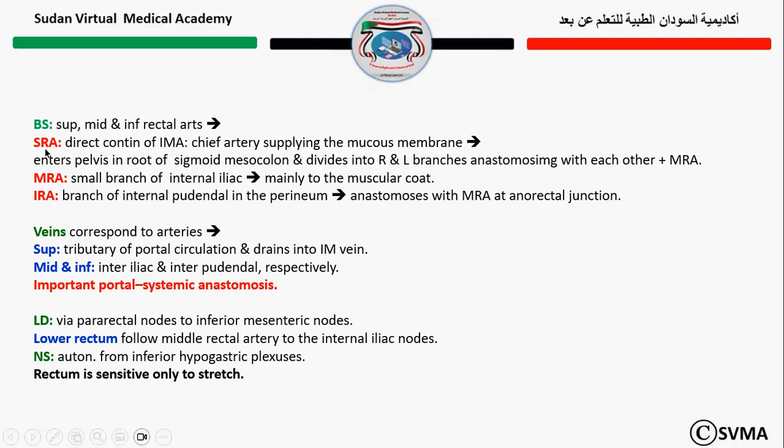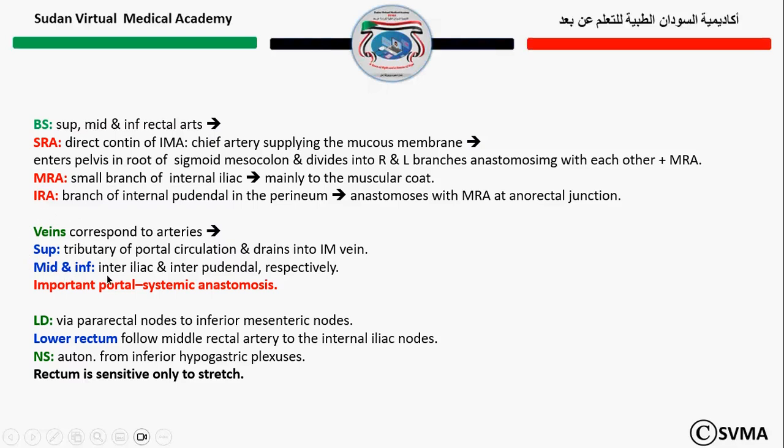So the superior rectal artery supplies the mucous membrane, the middle rectal artery supplies the muscle, and the inferior rectal artery anastomoses with the middle rectal artery at the anorectal junction. The veins correspond to the arteries, so there are three veins: superior rectal vein, middle rectal vein, and inferior rectal vein. There is a very significant clinical importance to the